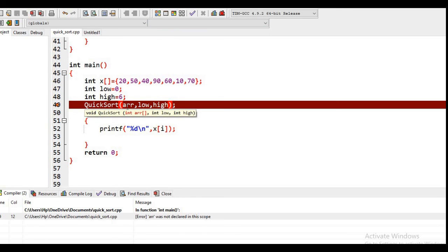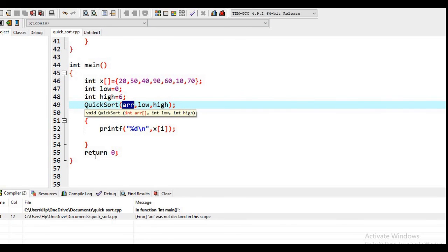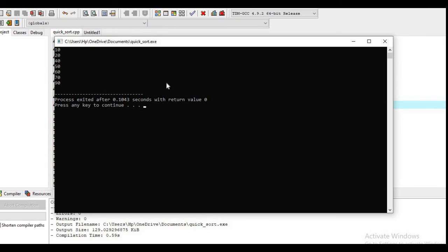Okay, sorry, it's a simple mistake. Actually the array is x here. Okay, so no problem. Yes, so we have here 10, 20, 40, 50, 60, 70 and 90. So this is the sorted array, and in this way quicksort works.